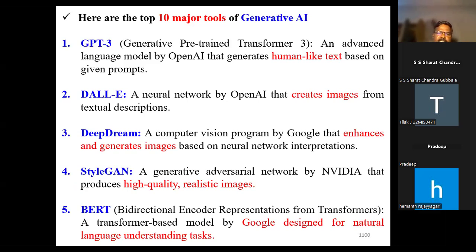And then StyleGAN, a generative adversarial network by NVIDIA that produces high quality realistic images. Then BERT, Bidirectional Encoder Representations from Transformers, a transformer-based model by Google designed for natural language